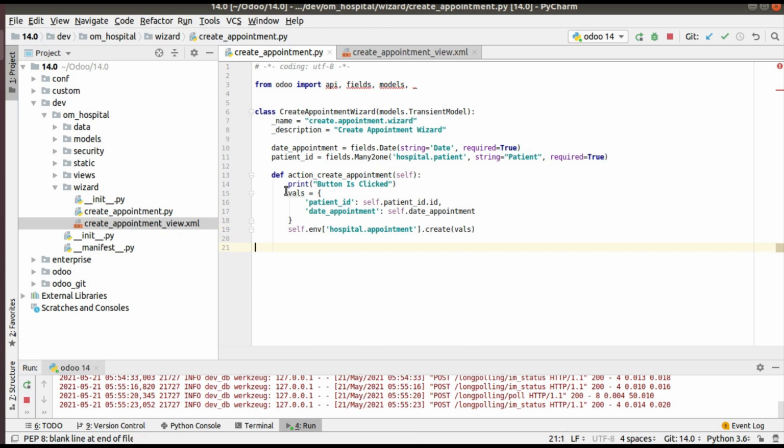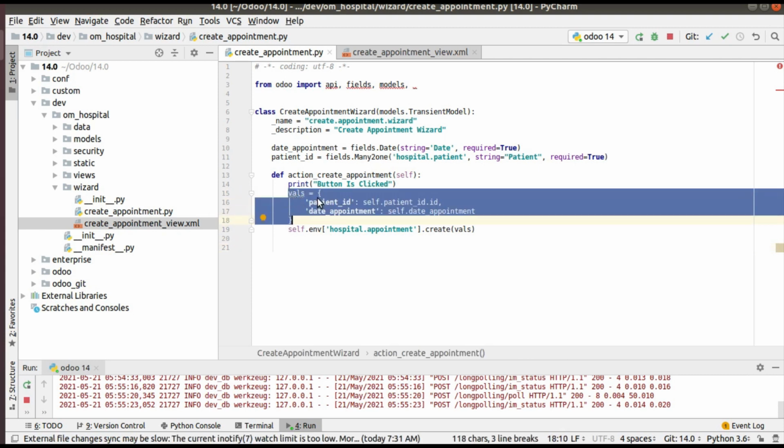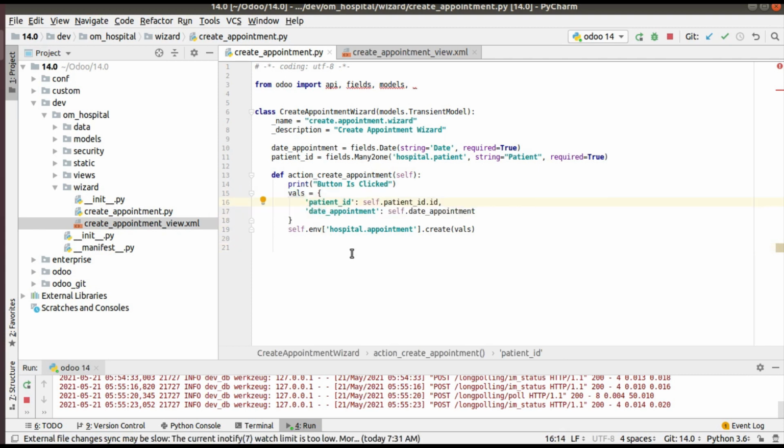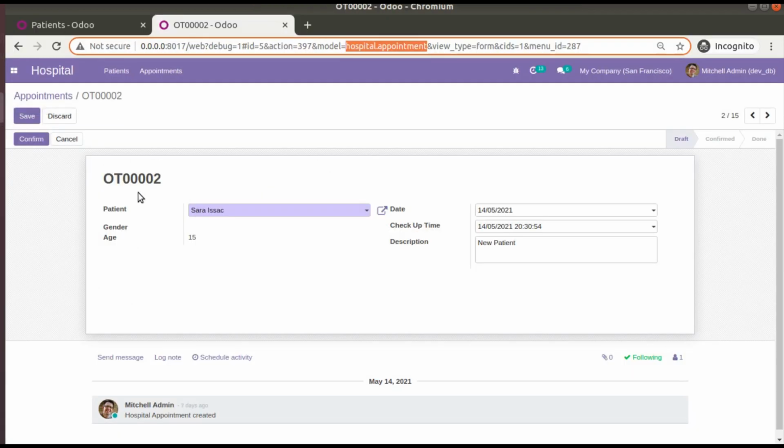Regarding the dictionary, the keys of the dictionary must be field names of the corresponding model. We are going to create a record inside this database table, so the keys must be the fields inside this table. The patient ID, here you can see, is the field name, and I need to set a value to this field. The date field is date appointment.